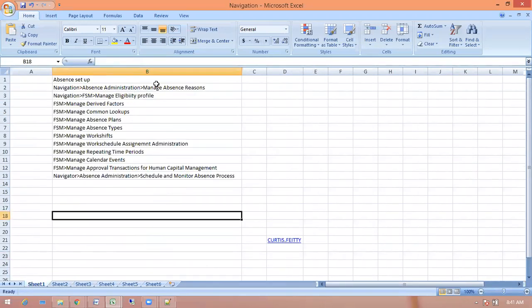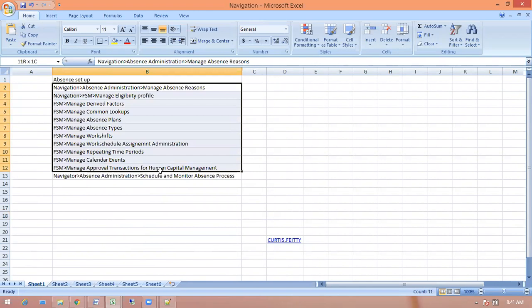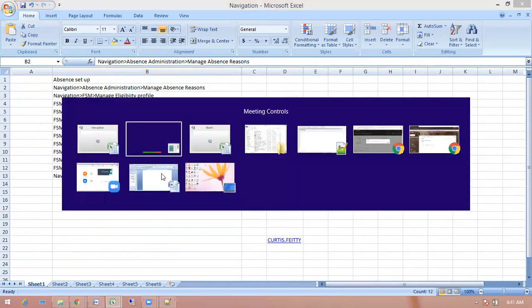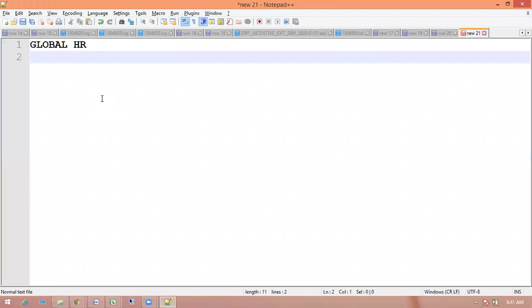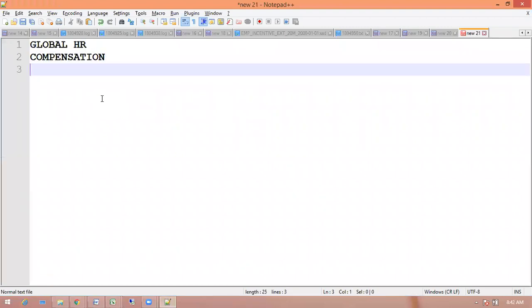So what modules are we looking at? In consolidation, we are looking at global HR, talent, compensation, and payroll, right? No, within global HR, we are going to look at compensation and absence management.